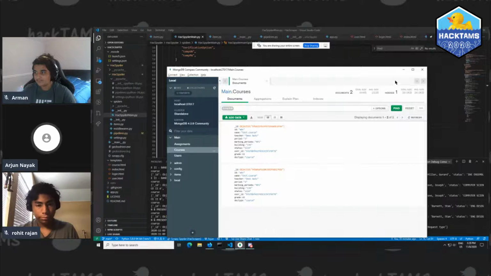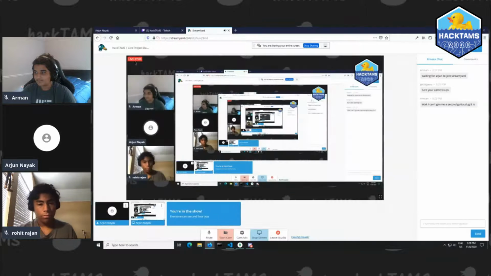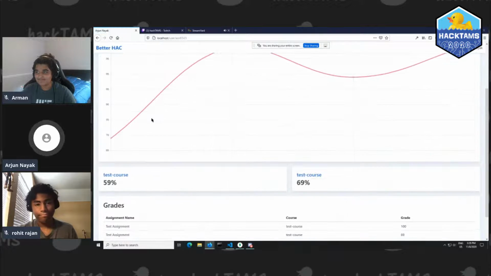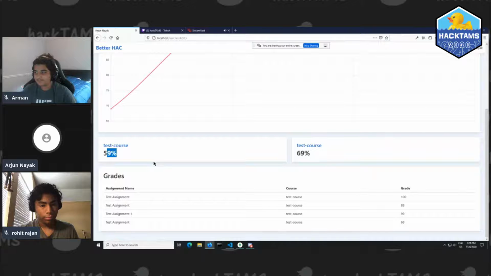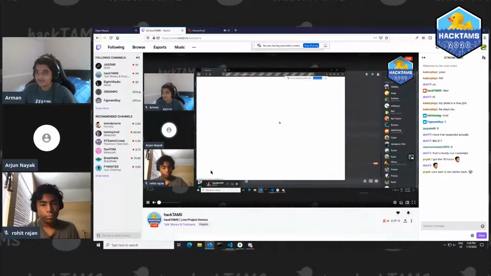It's currently just holding test data because we do not wish to share our own info. Once you view the page, you can see your test grades, your assignments, even your latest assignments. And we have interactive graphs, where you can view how your progress over time of using our application has gone. So for the front end,